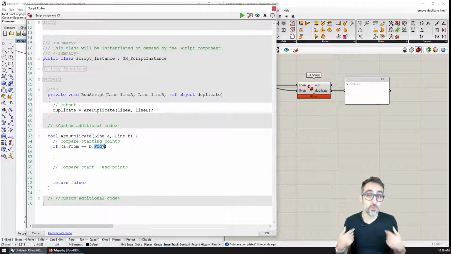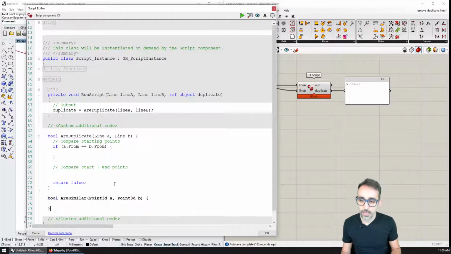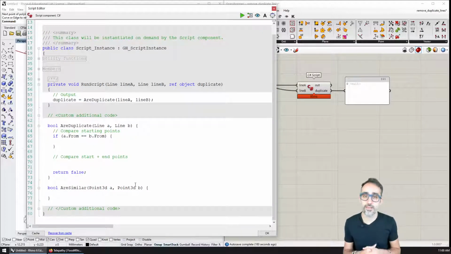What we need to do is manually check that their XYZ points are actually very similar or equal. So I'm going to create another function called RDuplicate, or I'm going to call it RSimilar. This function is going to take a point 3D A and another point 3D B, and it's going to return true or false whether those 2 points have similar coordinates. And I'm saying similar because